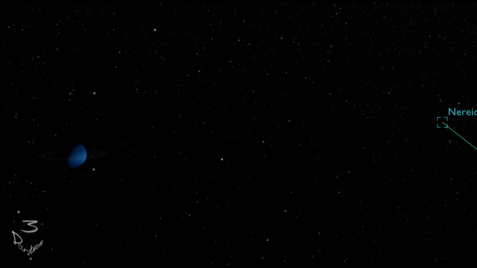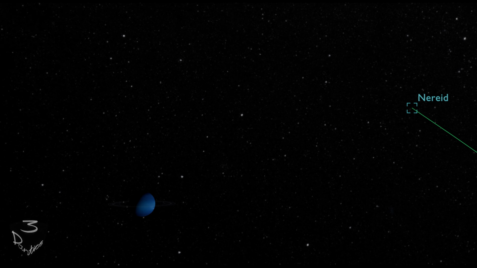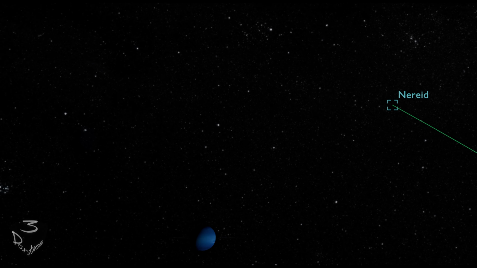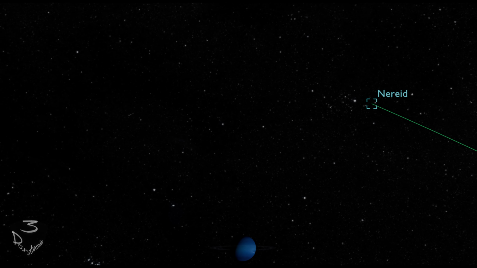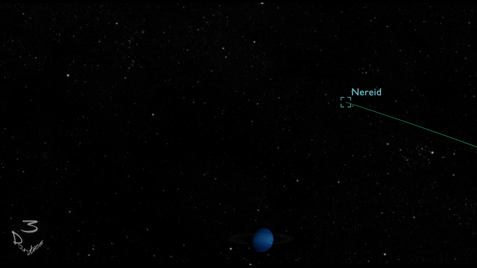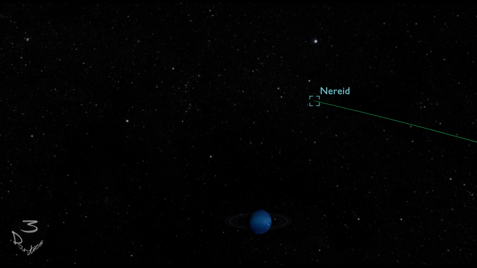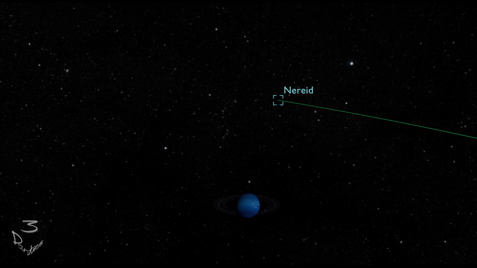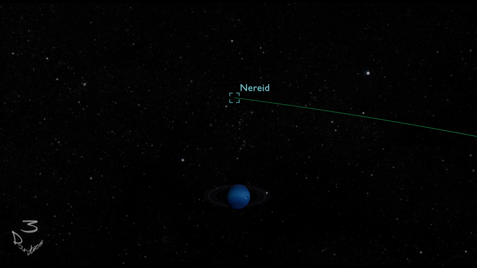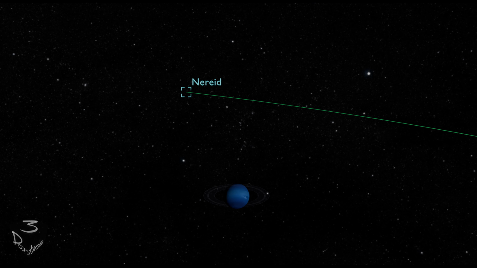Nereid is quite possibly a moon disrupted by Triton. No pictures exist of it. We don't even know what shape it is. Its orbit is so elliptical, it's more of an oval than a circle that comes in really close and then flings out far away. It may be the last surviving original moon after Triton's arrival, and hopefully one day we'll be able to see what it looks like.